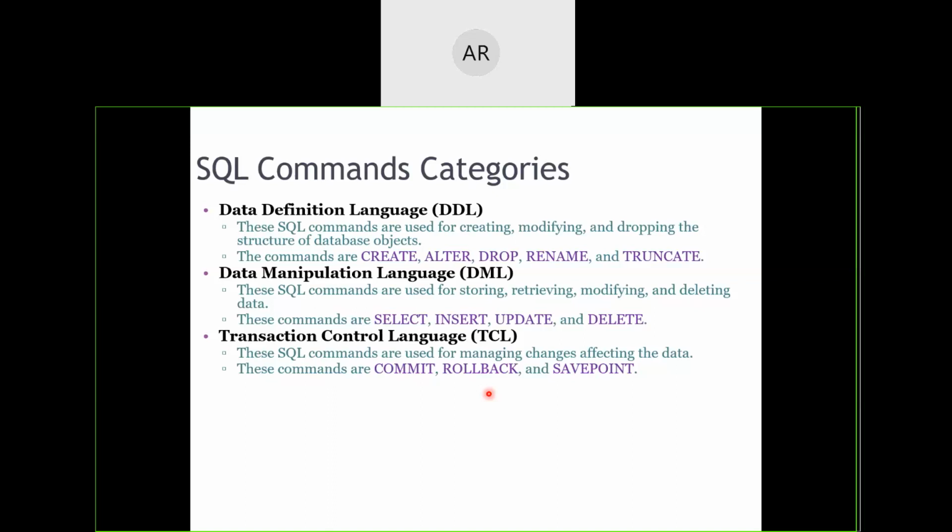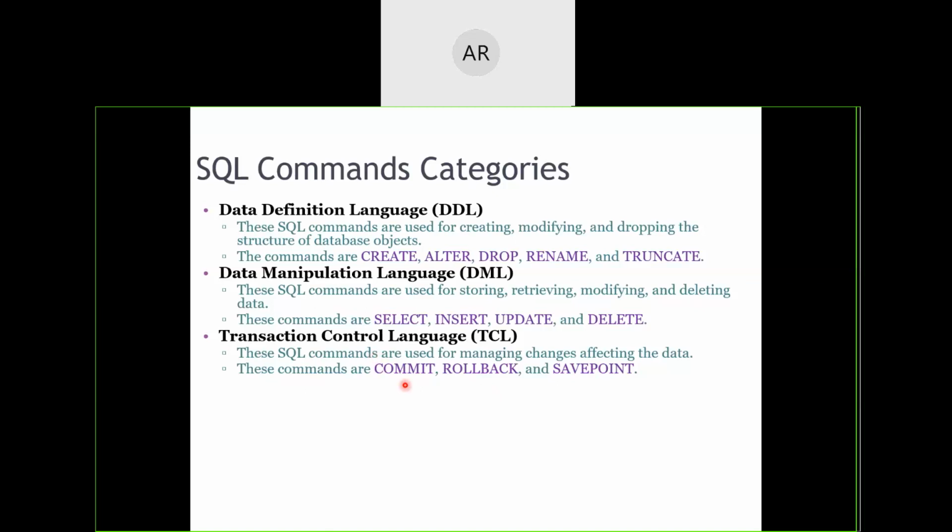Okay, but suppose you are doubtful whether the transaction will succeed or not. So half part you have finished. Now you want some marking to be done up to that half part, so that if something goes wrong in the doubtful part that comes next, you will come back to that particular markup point, also called a save point. Okay, so we have got three types of commands here. One is commit, second is rollback, and the third one is save point.